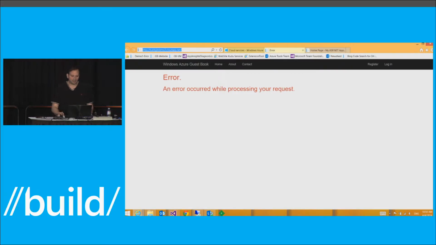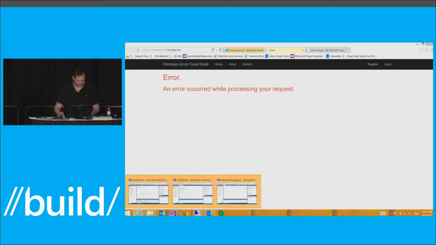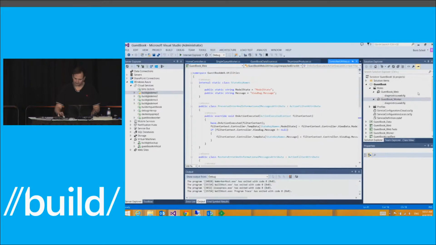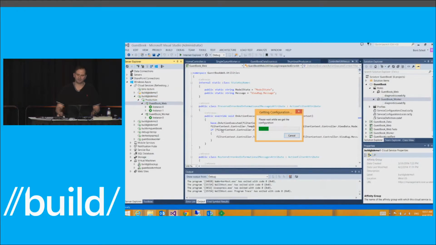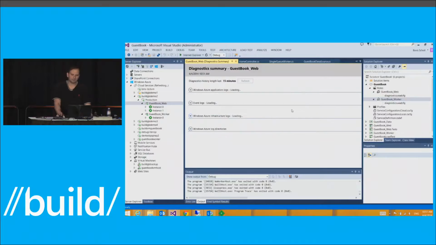What I can do now, just to make sure you see this, I'm using build GB demo 2, that's my cloud service for this one. I go into Visual Studio, and then I go to the build GB demo 2 service, go to the production slot, I see my web, my worker role. I know my web role has an issue, all the instances look fine. What I can do now is I can say view diagnostics data. So in the view diagnostics data,